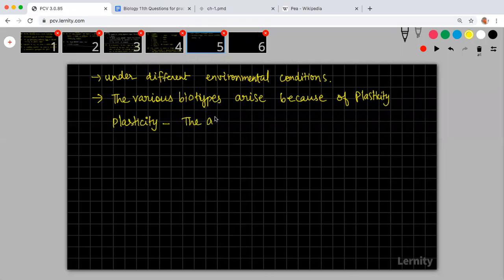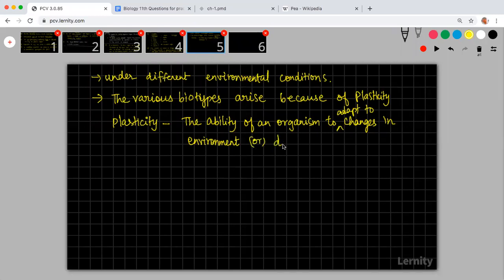The ability of an organism to adapt to changes in environment